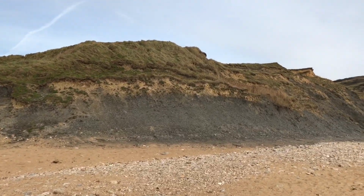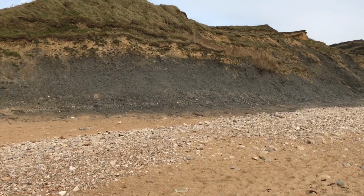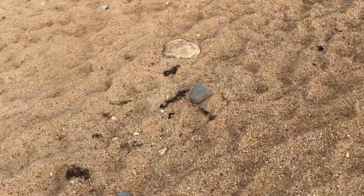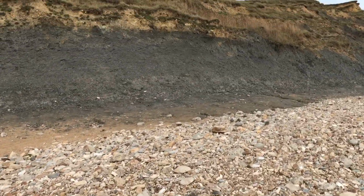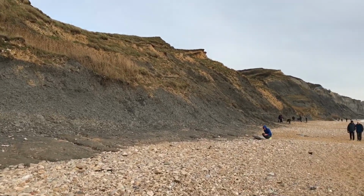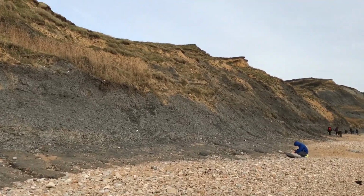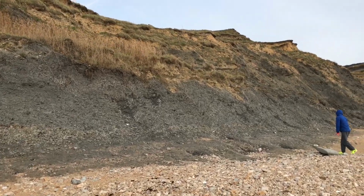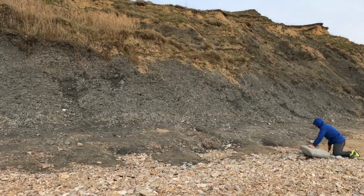The best time to come and look for fossils is during stormy weather, when the tide was high and it was sort of going into the cliff and then retreating. So just after high tide, when it starts retreating, that's the best place to come and look along the edge of the cliff to see if you can find some fossils. And there are people who come here every day after that time. Obviously not always is it stormy weather, but the best weather is stormy, because it will loosen up some stuff